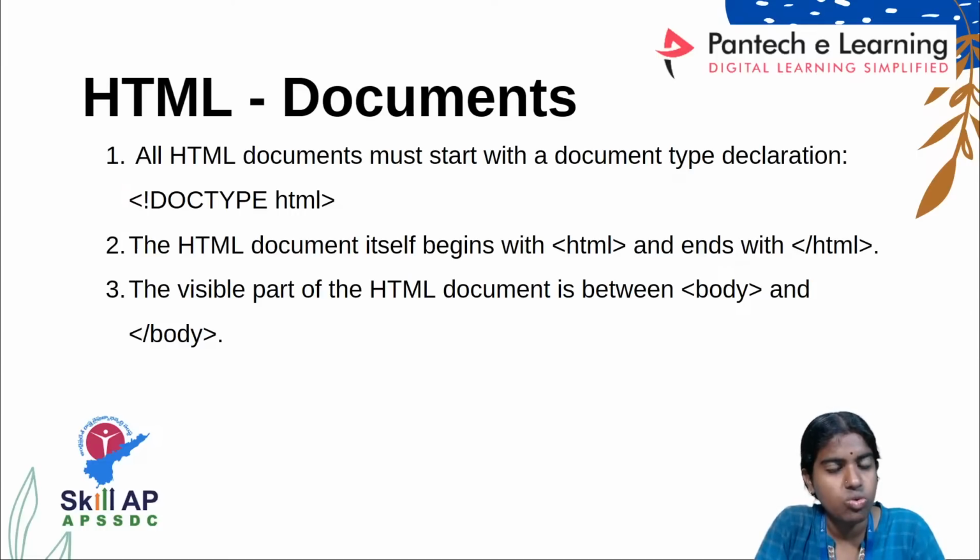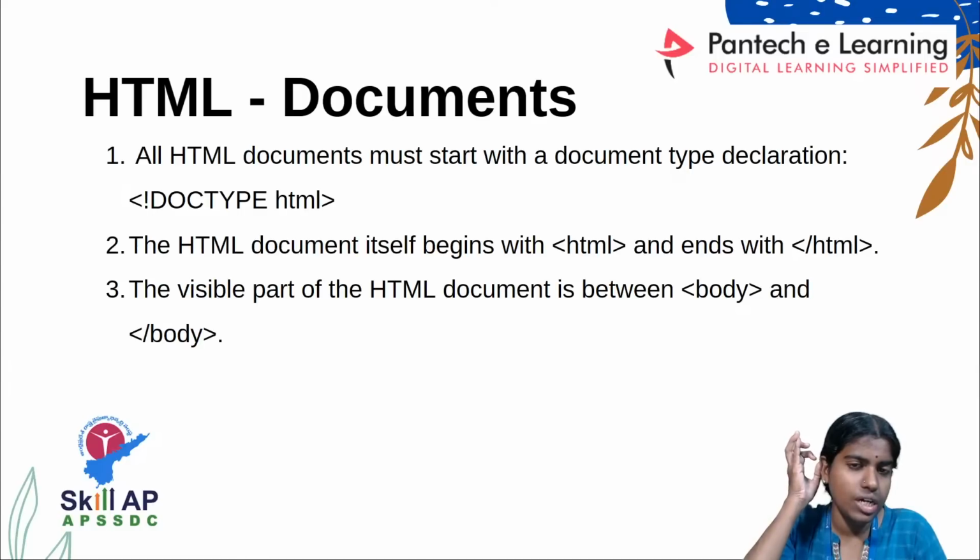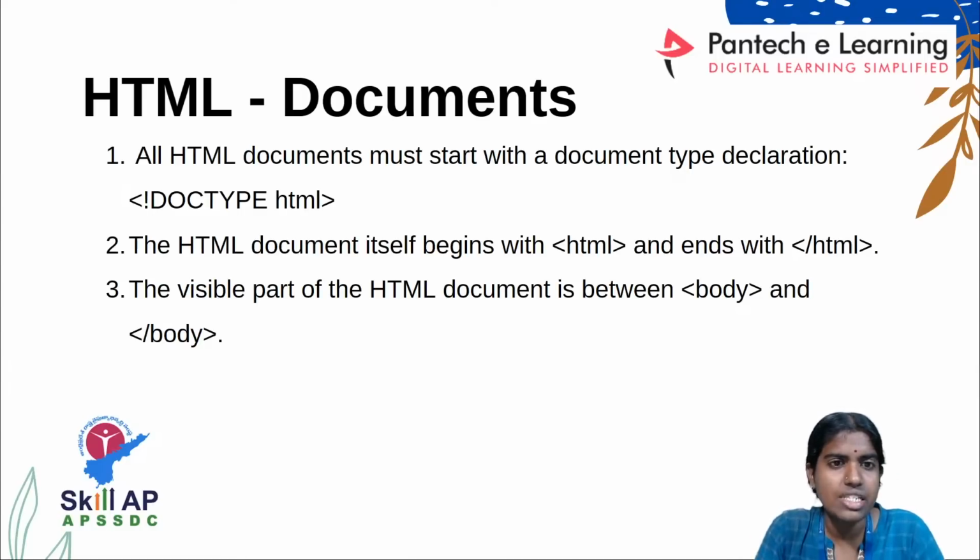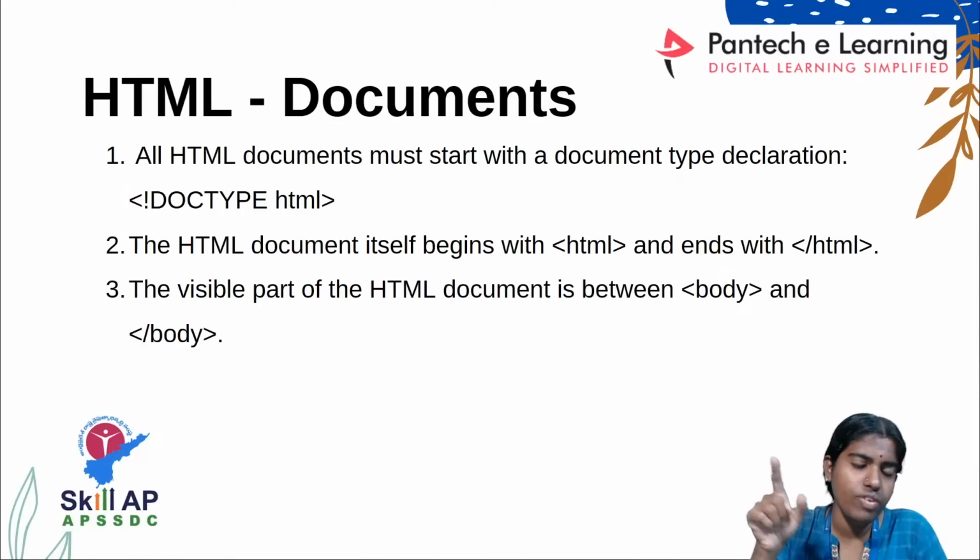Previously I was discussing with you about Python language, what are all the different types of tools and syntaxes available in Python. So today I am going to discuss with you about HTML: what do you mean by hypertext markup language and what are all the different types of tags and attributes available in HTML. Everything in HTML is based on tags and attributes, and everything is enclosed within angular brackets.